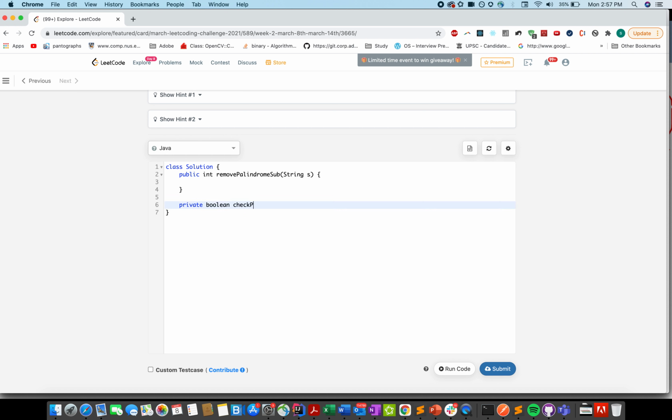Check palindrome, and what you pass is a string s, integer i equals 0, integer j equals s dot length, and while i is less than j, if s dot charAt i equals s dot charAt j, then you increment i and decrement j.